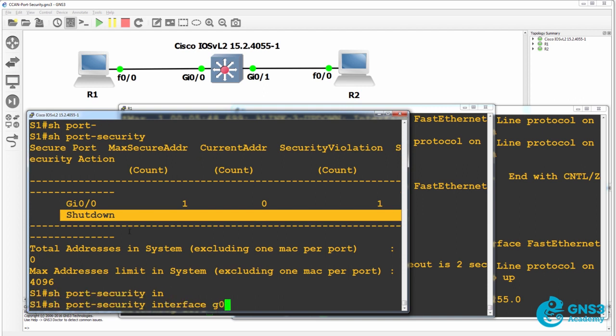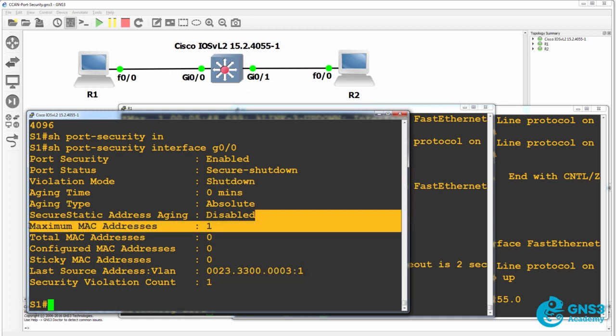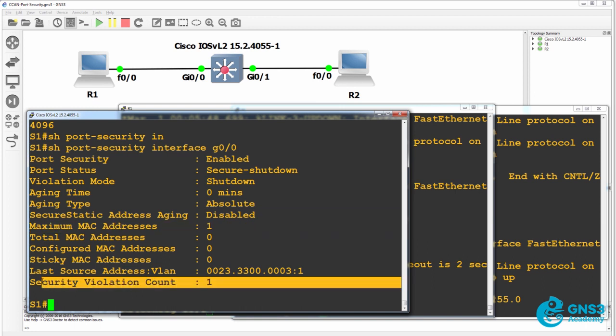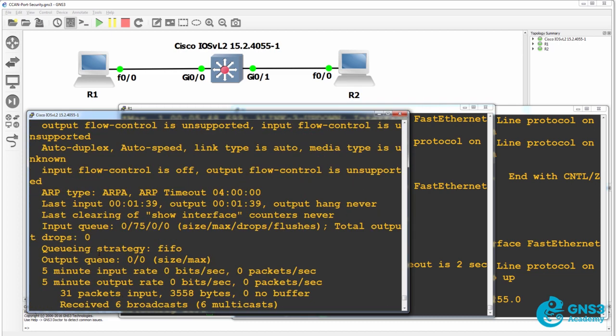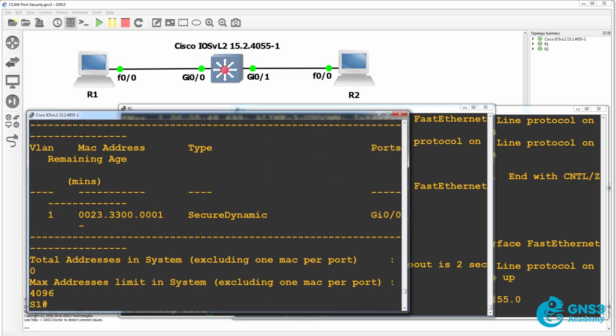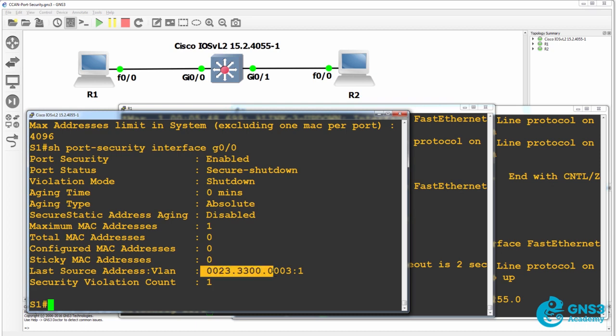Show port-security interface gigabit 0/0 shows us that port security is enabled on the port. The status is secure-shutdown. The violation mode is shutdown. This is the last MAC address that was seen on the port. Only one MAC address is allowed. The violation count is 1. And that's because the MAC address that's allowed on that port, which is not shown here because the port has gone down, I'll just scroll up to show you the output, was this MAC address, and we've changed the MAC address. So ending in 0001 is the MAC address that's permitted, but this is the last MAC address that was seen